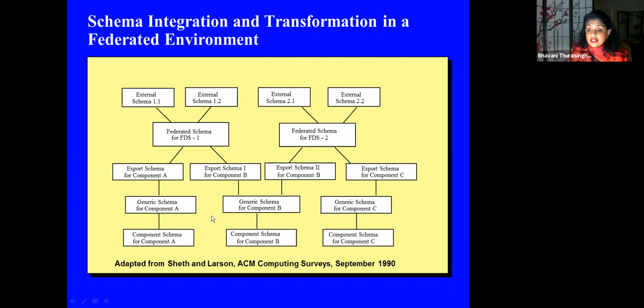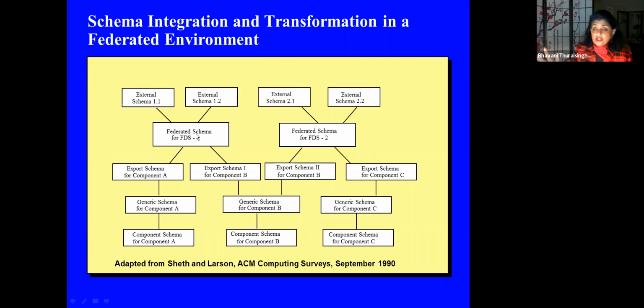And then you have a generic schema, that is the metadata in some common language. At that time, we said, okay, let's go with objects, because object language is generic enough, it can encompass everything. But today, I'll tell you what we will do today. So then each system is exporting some to its federation. Remember, A and B are forming a federation, so they don't want to export everything to their federation. They are exporting some of it from component A, some of the metadata that they want to expose to the foreign organization. Similarly, B exports something. And then these two together form a federated schema.